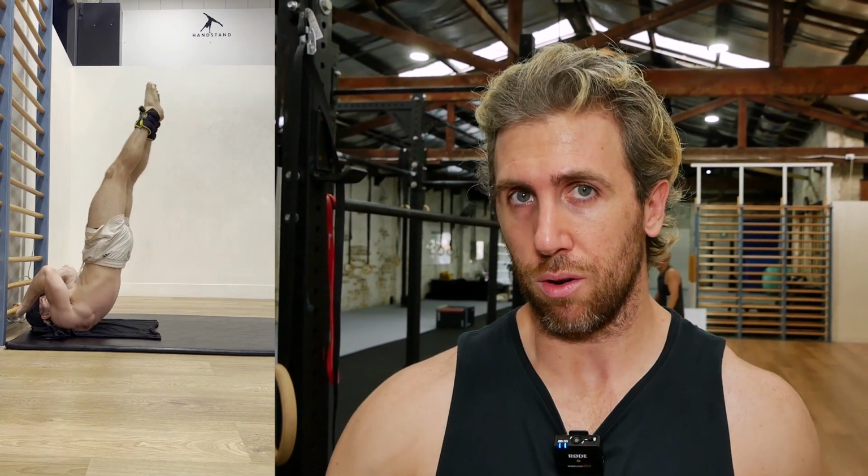Opt for a one leg bent, one leg straight variation and look to bring that leg, the bent leg, further and further out until you get to your full front lever, looking to get 3 sets in of 3 to 6 repetitions. The other one that I like for core, I don't do as much, but I have done before,